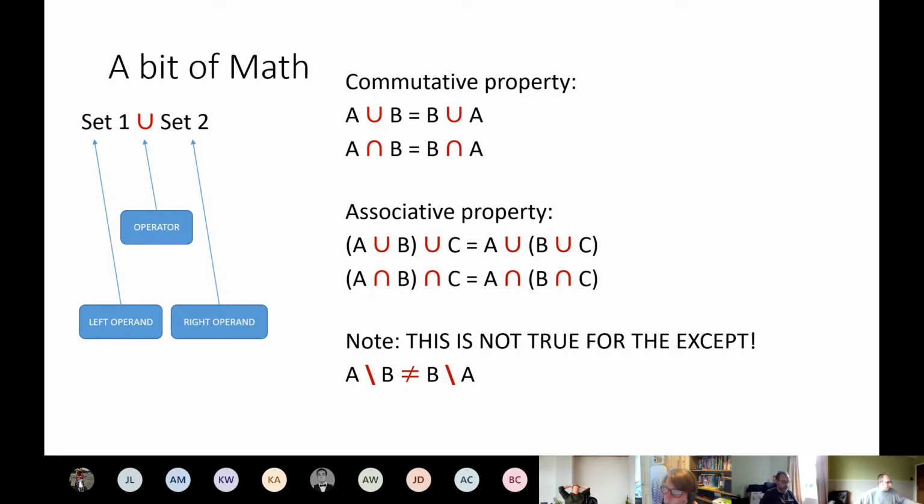So basically what you don't want to do is end up taking diabetics and excluding those over 65 instead of taking over 65s and excluding those with diabetes. And similarly, if you start to combine more than 2 sets, the same rule applies. So be careful with except and consider order. And I'll show you how we reorder these things as we move forward too.